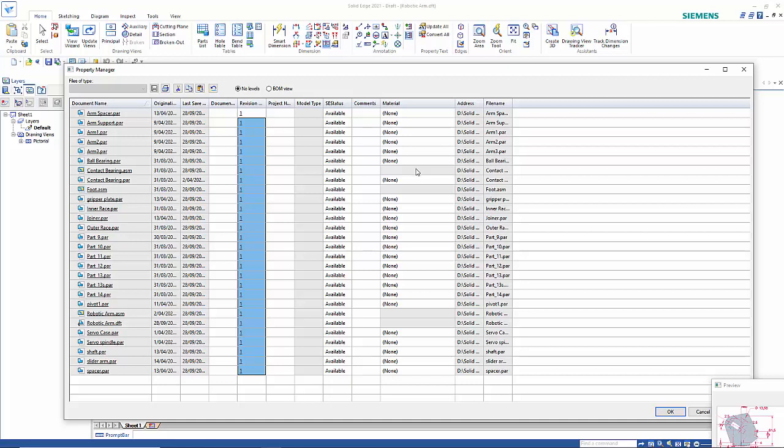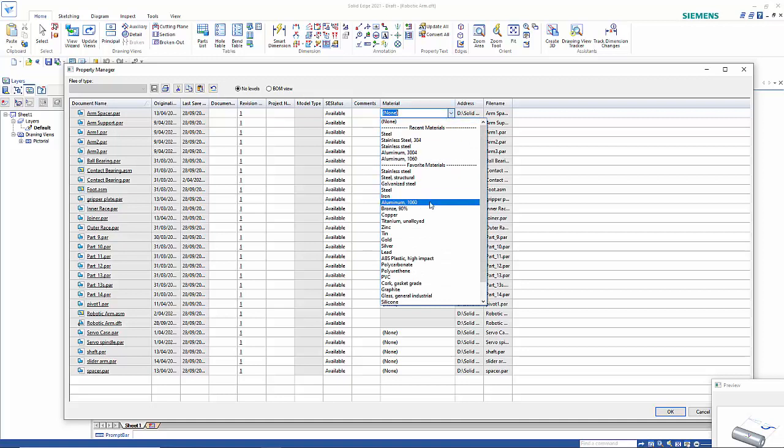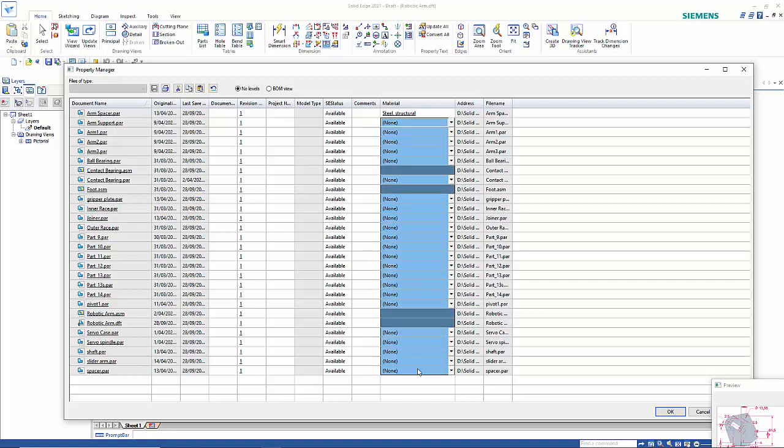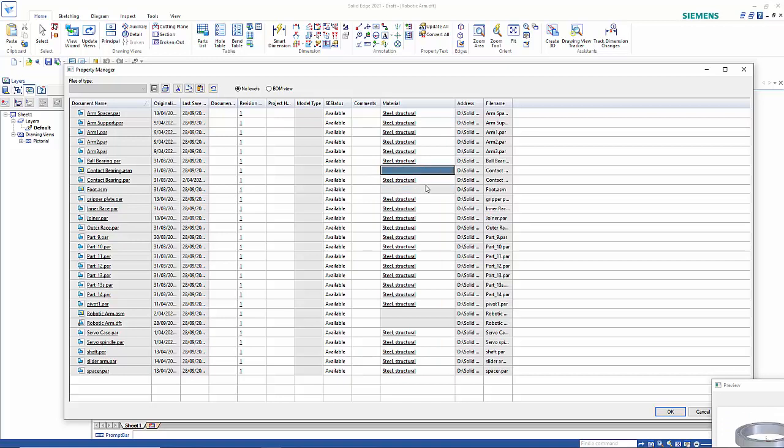Obviously some of them are not relevant. We have the assembly files which don't have a material attached, so it's just going to ignore those. So now it's going back to the material table. You can choose whichever material you want. Again, I can go Control C and Control V. And as I said, these ones aren't relevant, so it's not